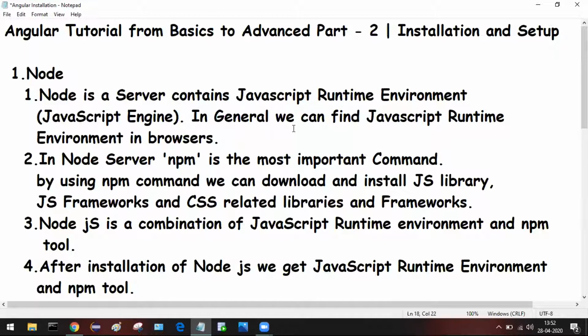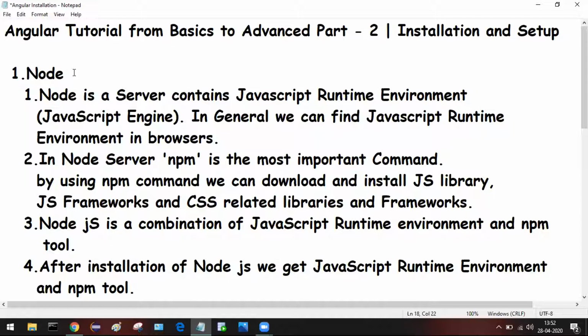So all of this installation and setup we will be seeing one by one. First thing we are going to need is the Node server. How can we download and install Node server? Open the system browser.